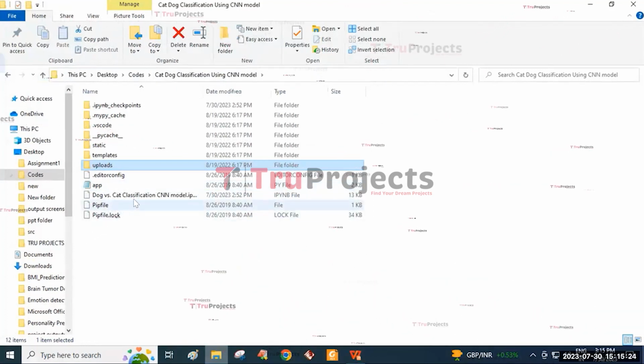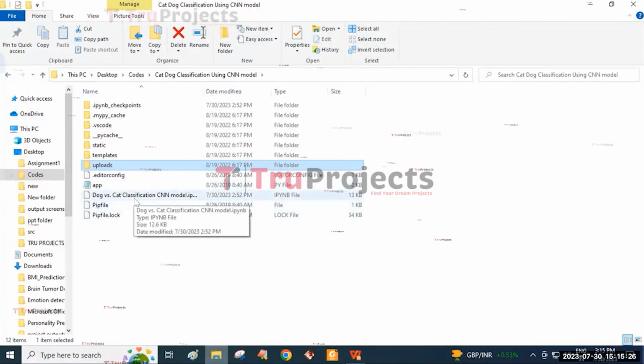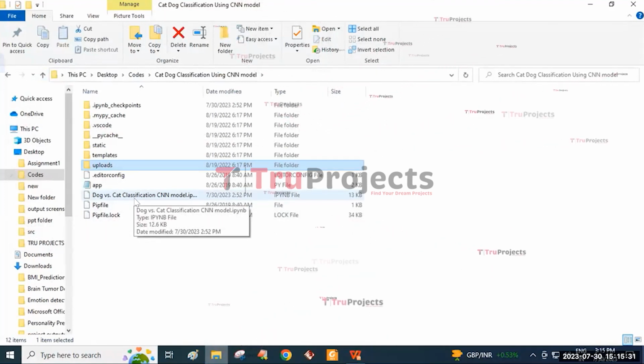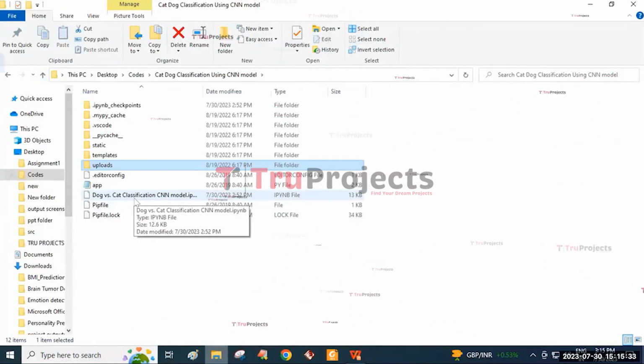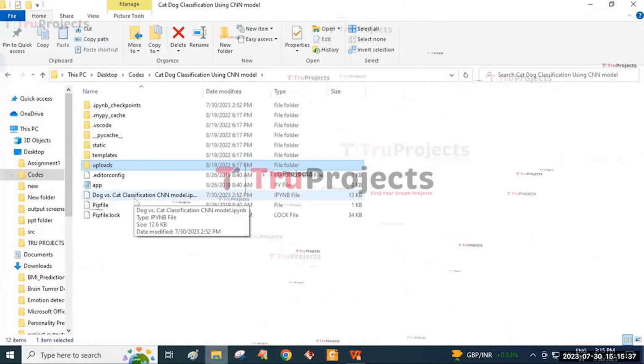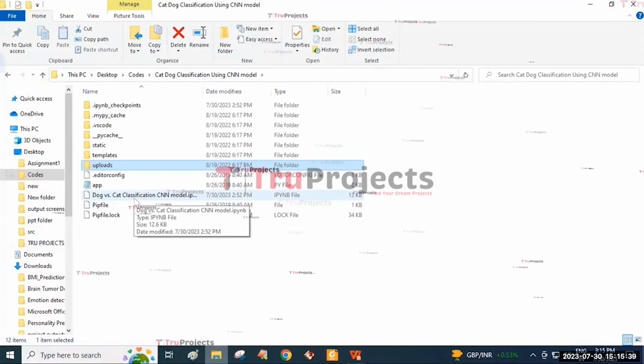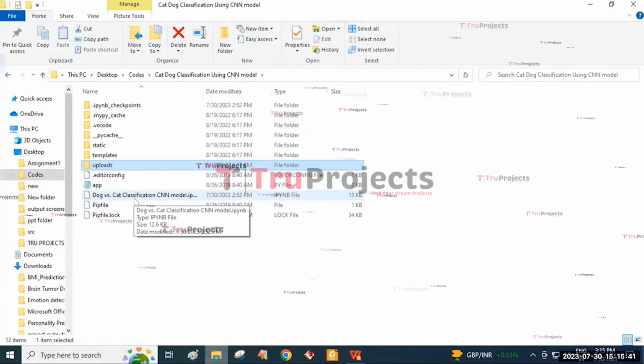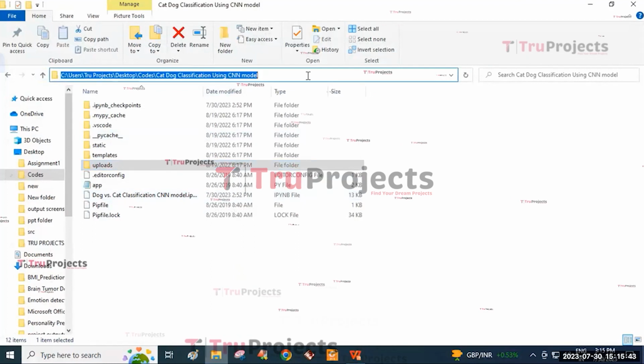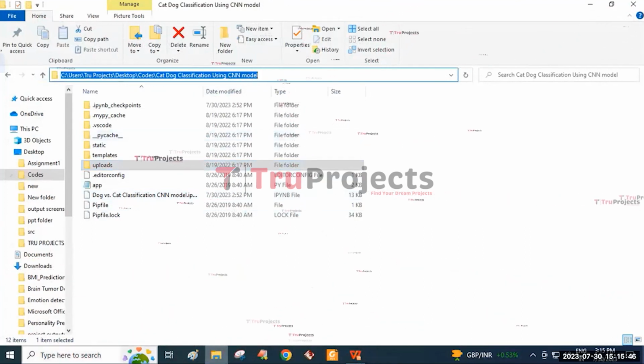And this is an IPYNB file which contains the combination of codes, graphs, and outputs in one place. It allows the user to write and execute the code in individual cells, making it a popular choice for data science. And for the execution, first we need to copy this code folder path and then open the